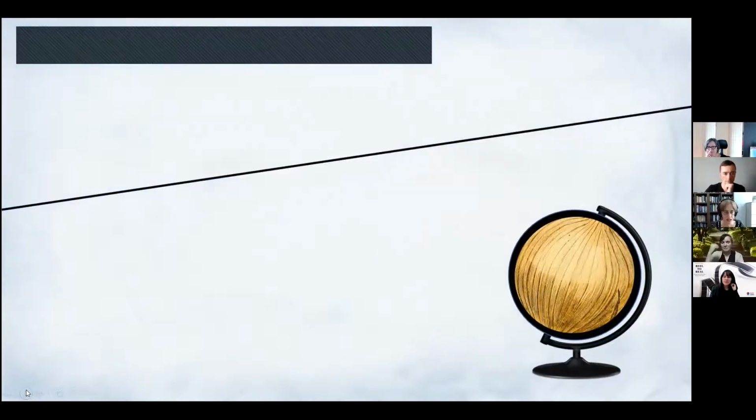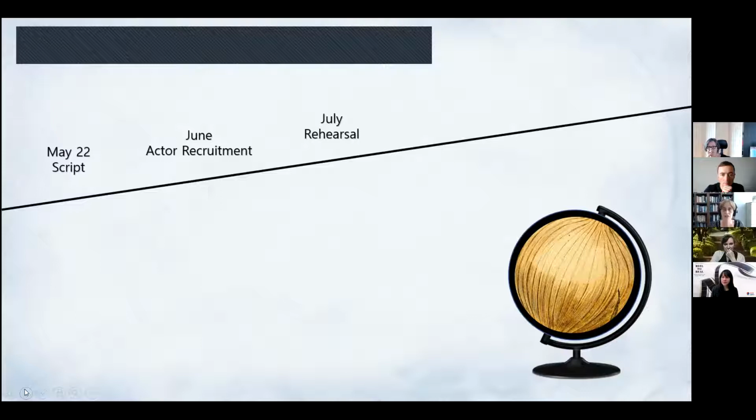If we think about the timeline, I wrote the script on May 22. I checked the Google document and I found that's when I started. I tried to recruit actors throughout the month of June. And then I finally got my cast the first week of July. We took 5 weeks.